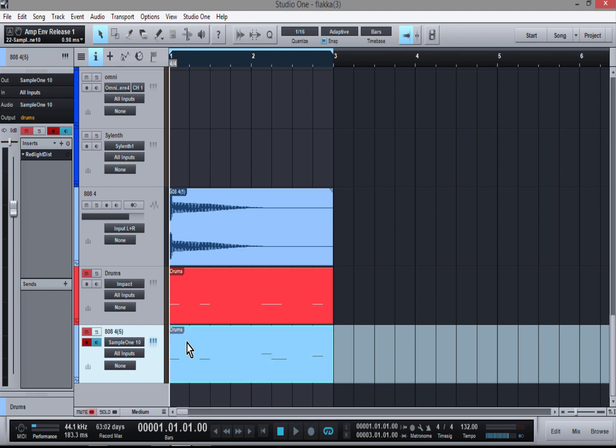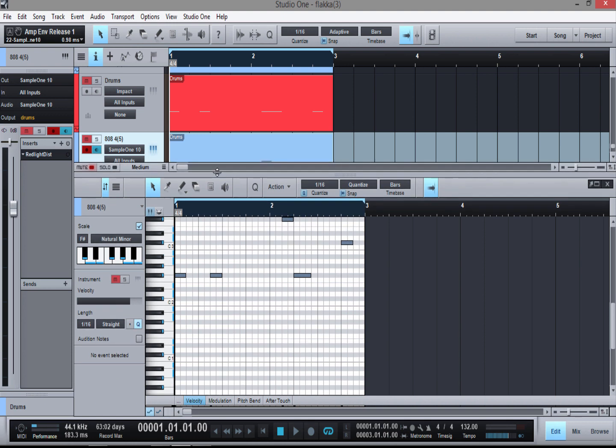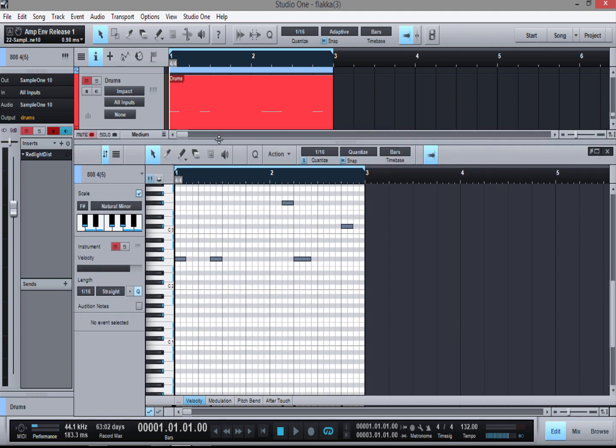I already had a pattern loaded up here because I wanted to make this tutorial quick for you all. And what I did was, just to show you, I took in the scale editor, and I decided to use the F sharp natural minor scale. And you click this button, and this is also one of my favorite features in Studio One. This is actually probably the main reason why I stuck with the program. When I started using it, I didn't really know a lot of different scales, and I didn't have any patience,